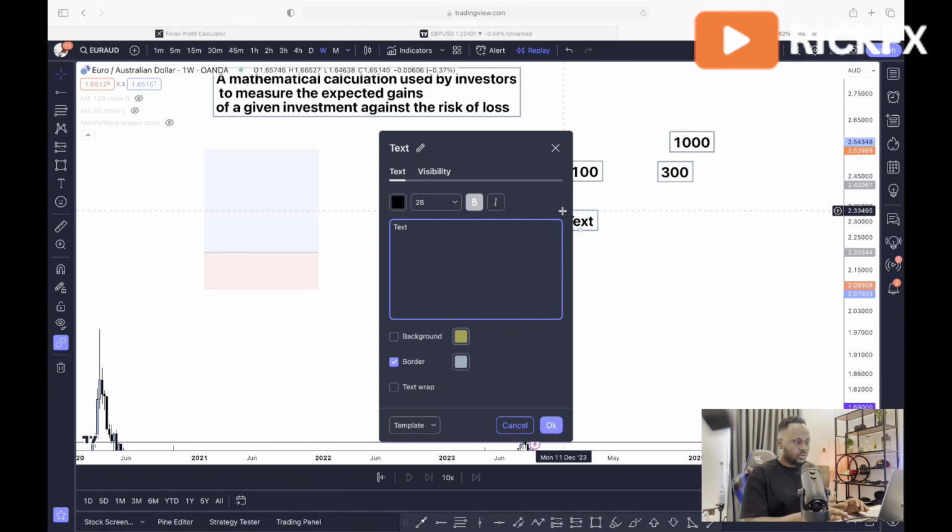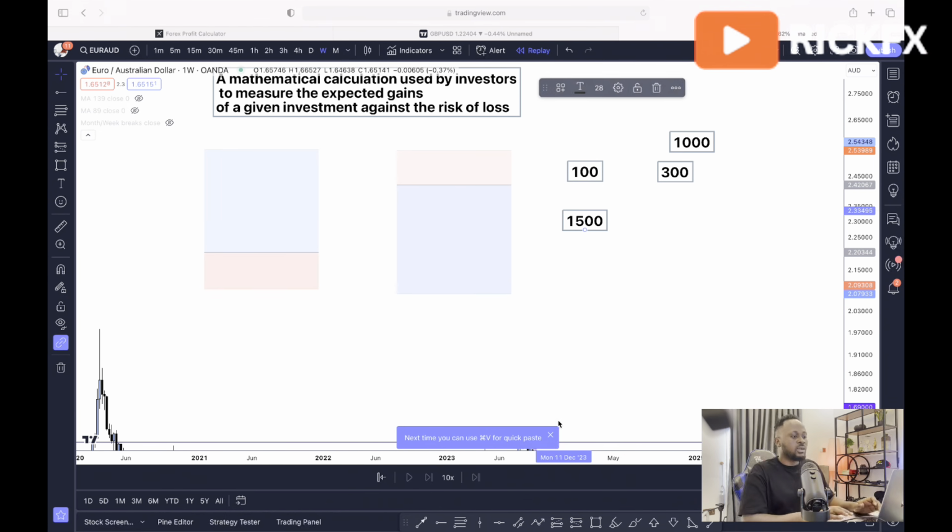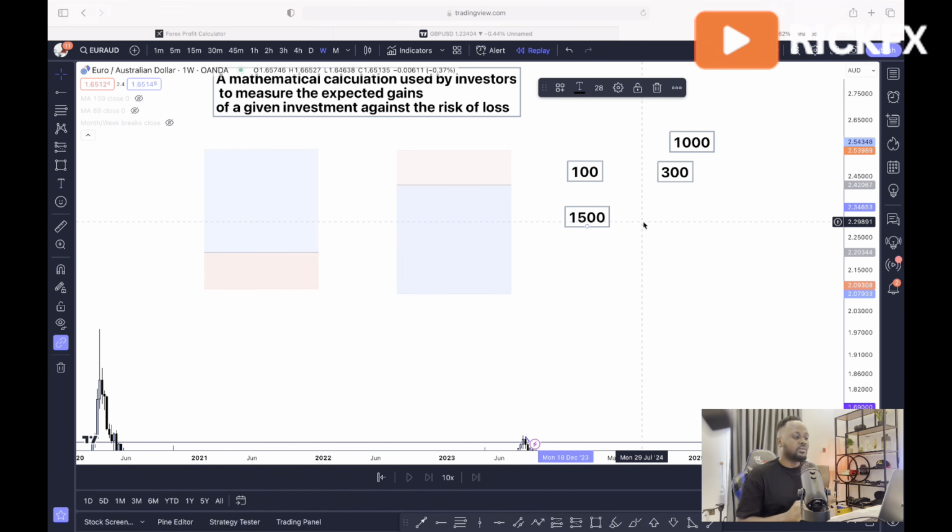$1,500, right? So in a situation where we win 5 and lose 5, we make a total of $1,500 profit, and then with our losing trades, which is equally 5, because we lose $100 anytime we lose, we end up losing a total of what? $500, right?